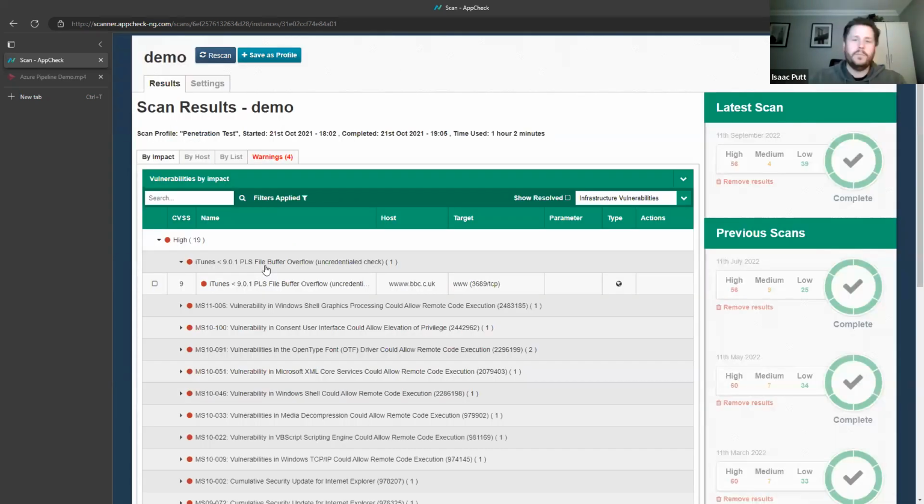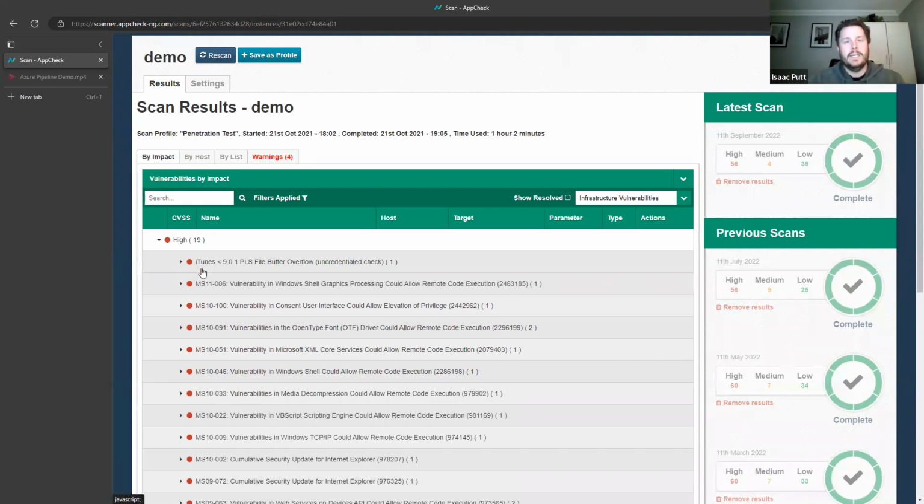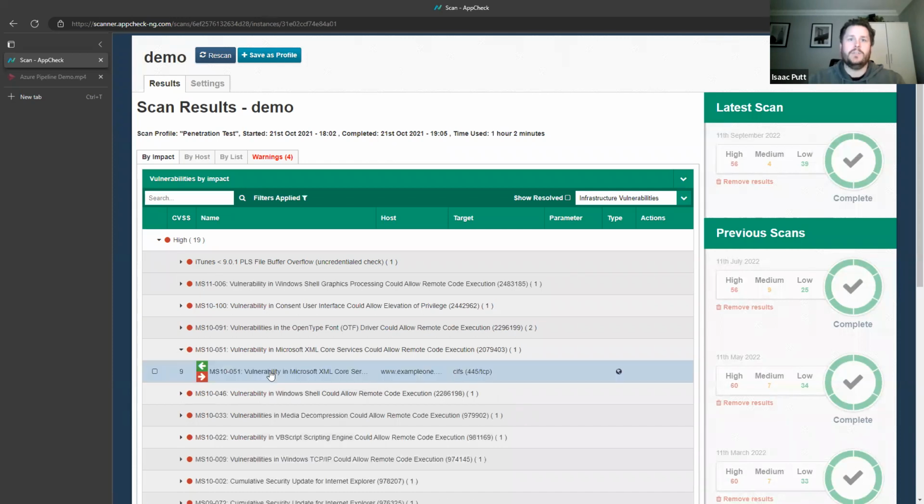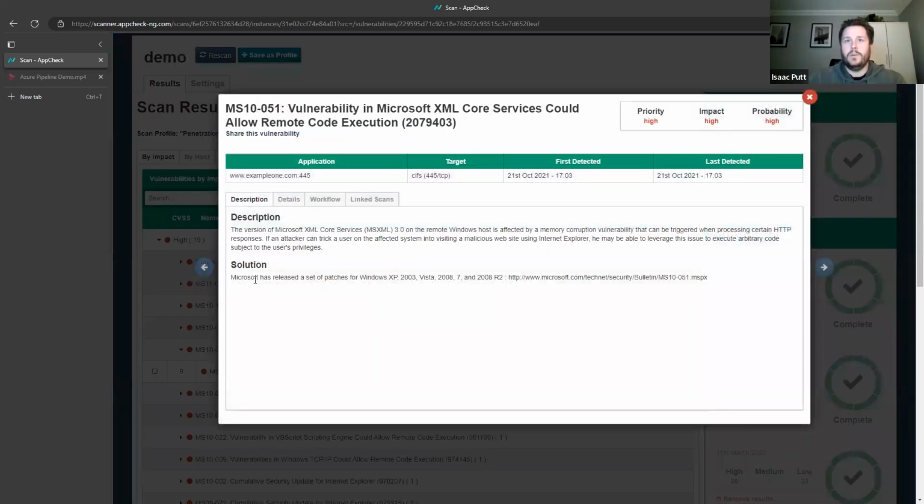So now managing vulnerabilities becomes a little bit clearer in terms of what we're defining as something we want to accept, even if we didn't take remedial steps to fix it. When we then do another test a couple of weeks from now, maybe a month from now, it would continue to suppress that vulnerability so that you don't have to see an abundance of things that are not relevant. So if we go into this other related infrastructure vulnerability here, we've got this XML level vulnerability. Microsoft have released a set of patches for it.